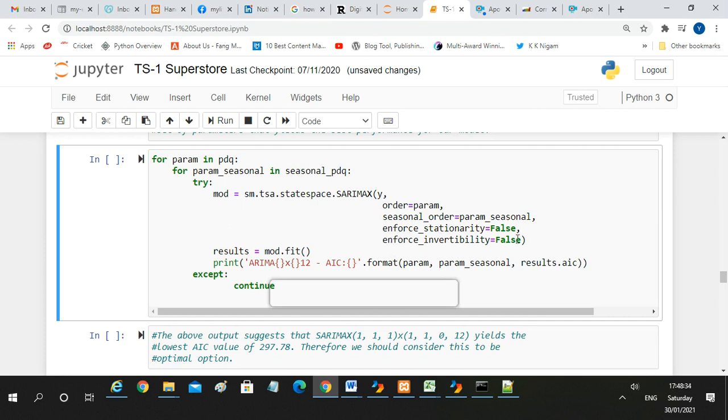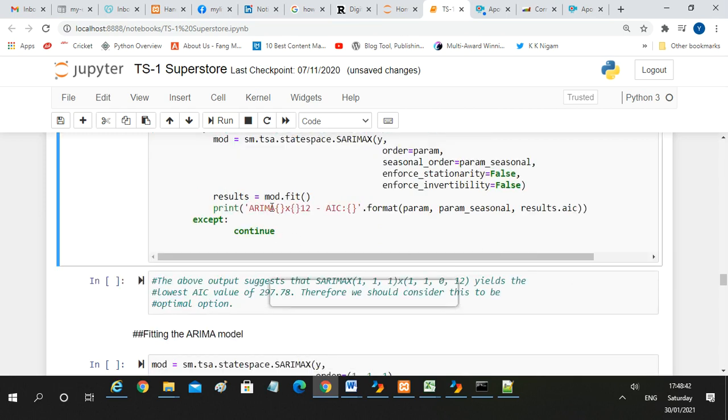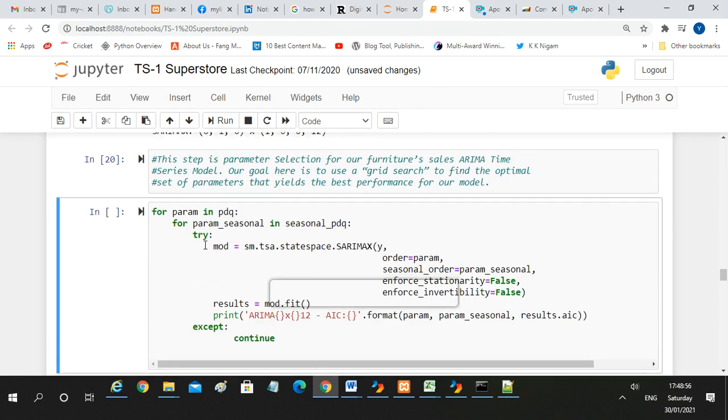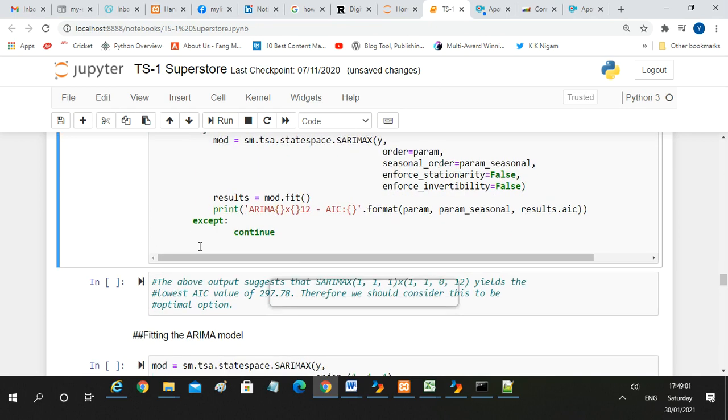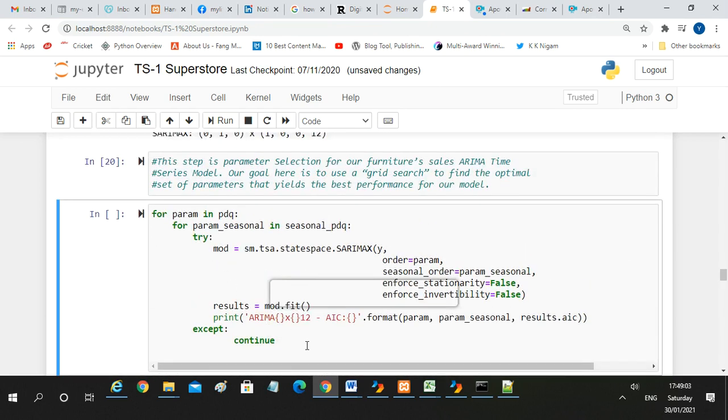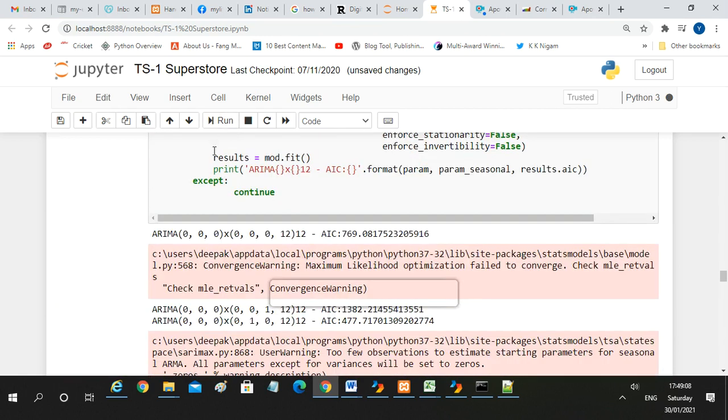So say enforce_stationarity is False, enforce_invertibility is also False, and then results is going to be model.fit, and print ARIMA, and then X12, then AIC format parameter, seasonal, results.AIC, and then except continue. So this code is something which is very, very important, and you must repeat it a few times so that you can understand clearly as to how this works, and one can then run it, and you can see that